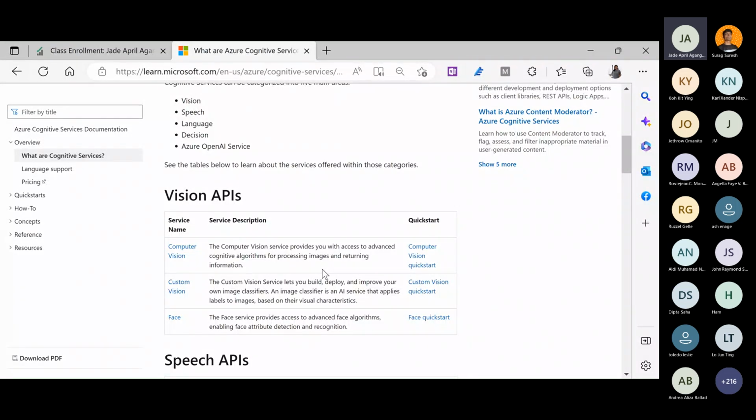We also have face. The face service provides access to advanced face algorithms. It enables face attribute detection and recognition. Like our face biometrics in school, while you're in the range of the biometric machine, it understands and tries to recognize who you are.